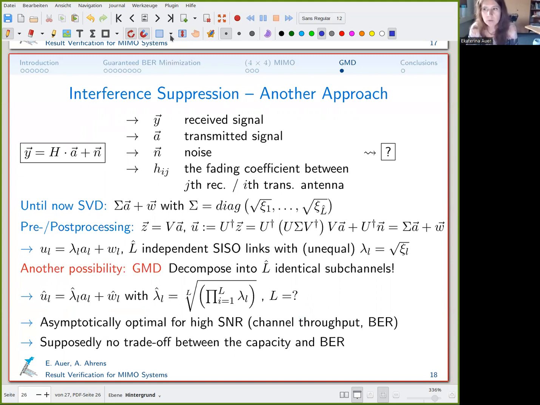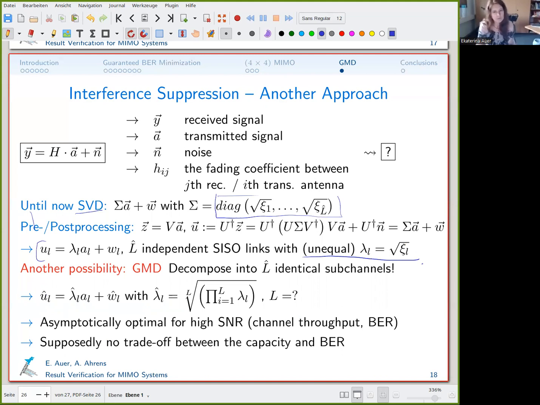So here again, we take a look at the interference suppression stage. You remember we have this linear stochastic system, which is characterized by the received signal, the transmitted signal, and so on. What we've done until now is to use the SVD, which gives us this matrix sigma having the square roots of eigenvalues on the diagonal. So we will obtain a number of independent single input, single output links